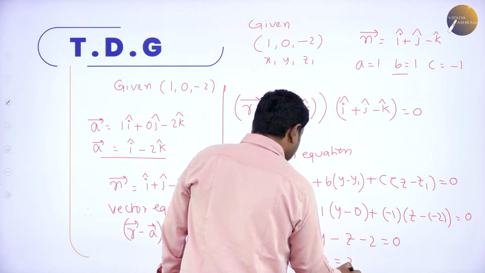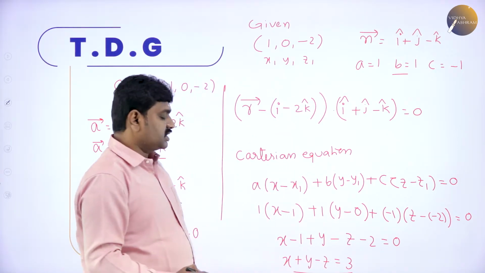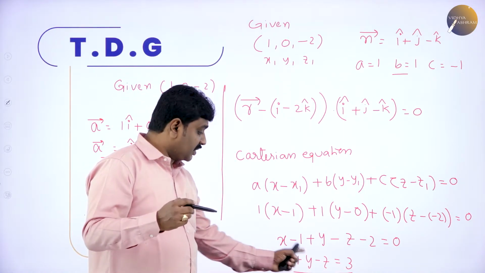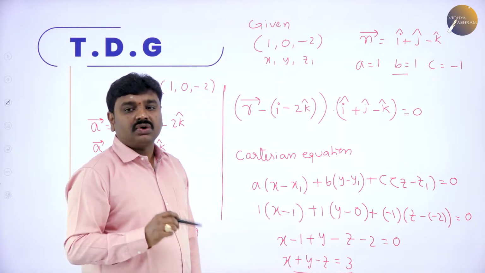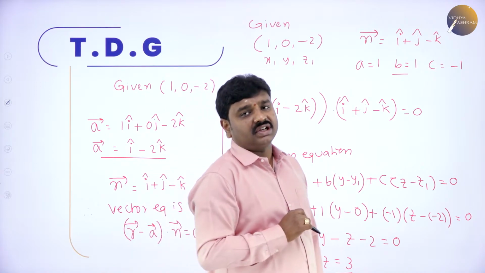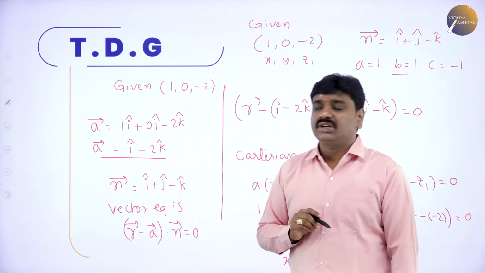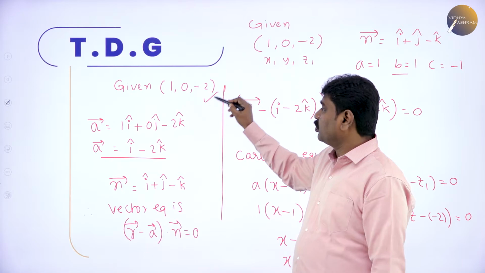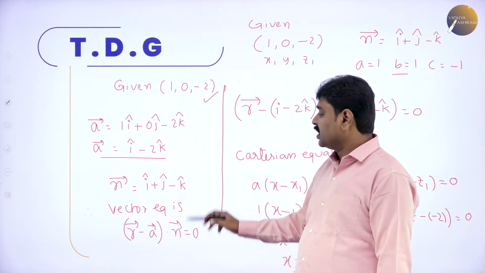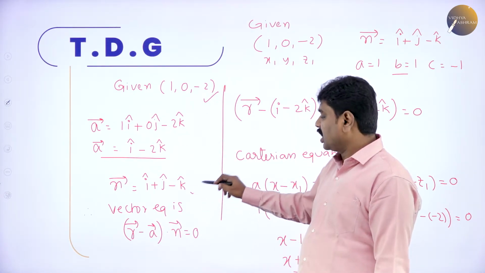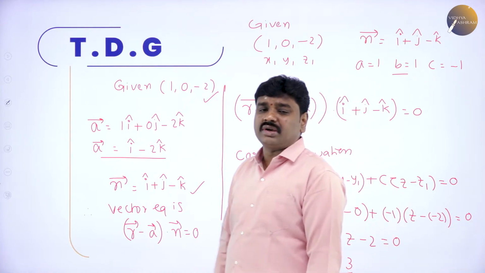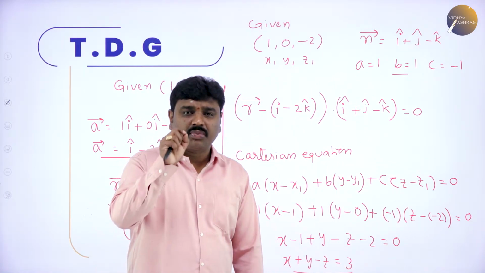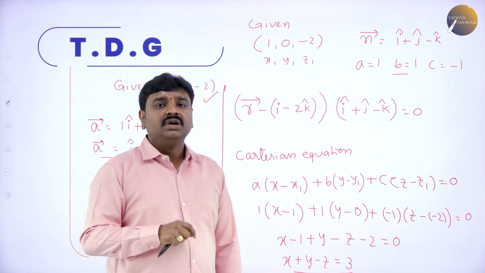You transfer that side, it is equal to 3. x plus y plus z minus x plus y minus z is equal to 3. So now I wrote both the Cartesian equation and the vector equation. To write the vector equation, they gave a point. For the point, if you put i j k, it will become the position vector of the point. They gave the normal in the question. Normal is also called perpendicular. So I am using the equation of the plane passing through a point and perpendicular to the given vector.